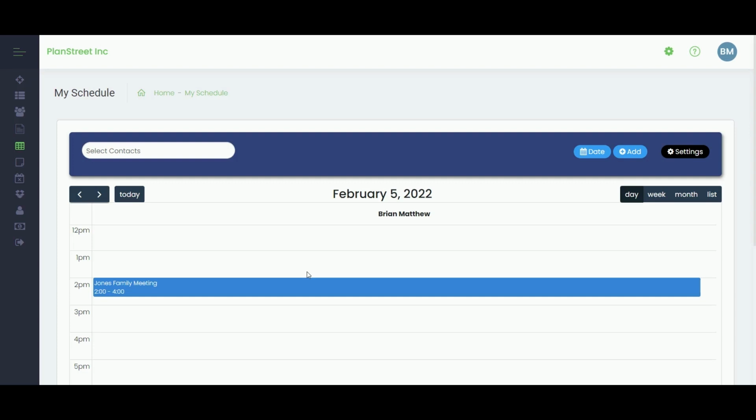You can also schedule reminders. So for example, this one, you could have this go out to both yourself and the clients, so they'll get a reminder an hour before, whatever you decide is appropriate. And it helps keep everybody on track and keeps everything lined up, and it just really helps give you more time to be servicing the clients since you've automated a lot of your note taking, a lot of your form gathering, and then of course reporting on the back end of it through either like a Power BI